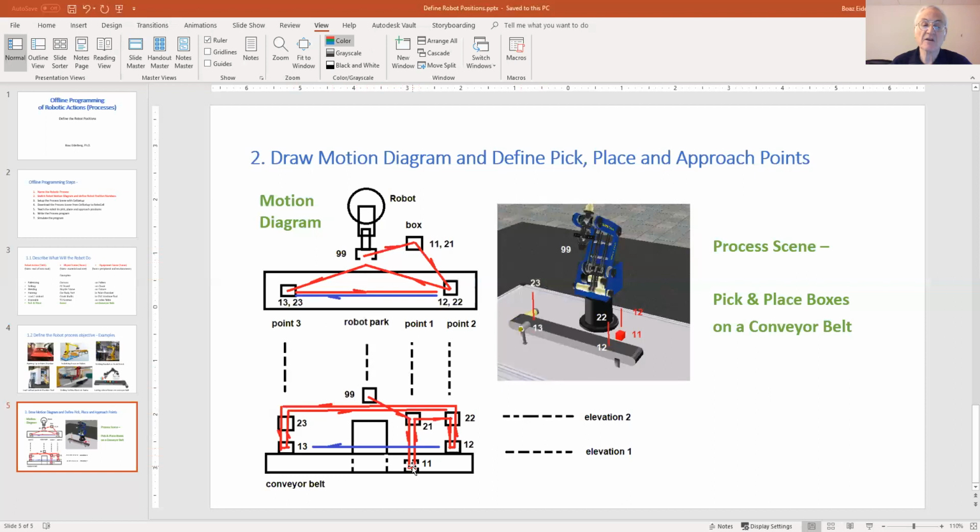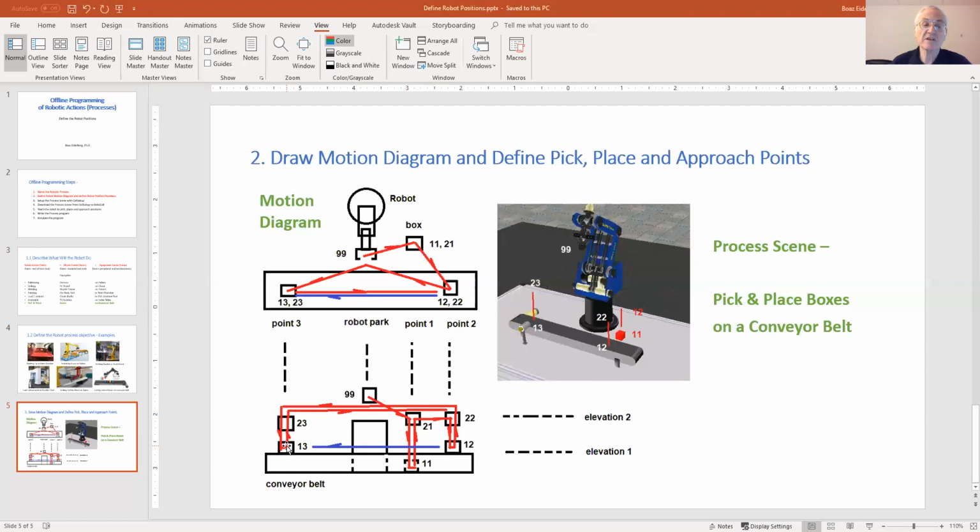Then it comes down to pick up the part from 1-1, goes back to the approach position of 1, which is 2-1, then goes to position 2-2, which is the approach position of point 2, coming down to place the part at position 1-2, going back to the approach position 2-2, and then parking at position 99 while the conveyor is moving the part from the place position to the pick position.